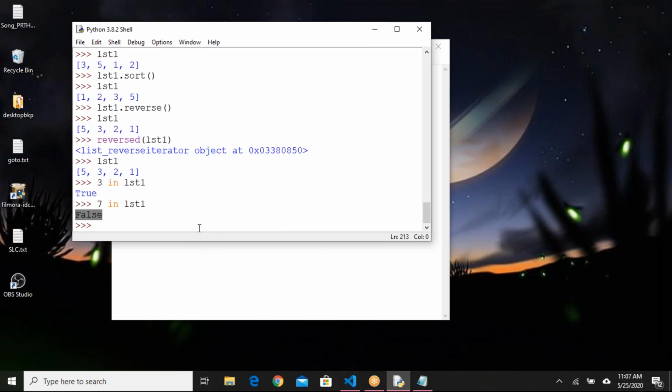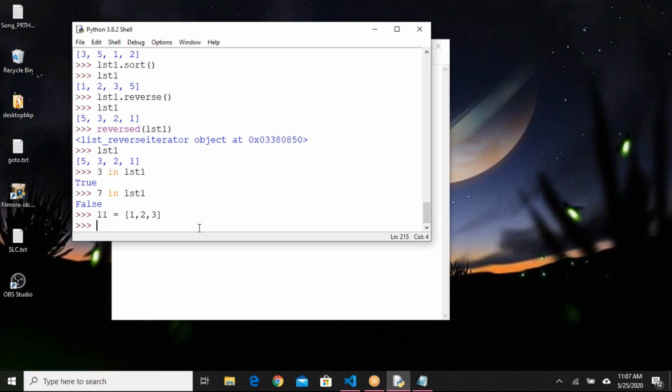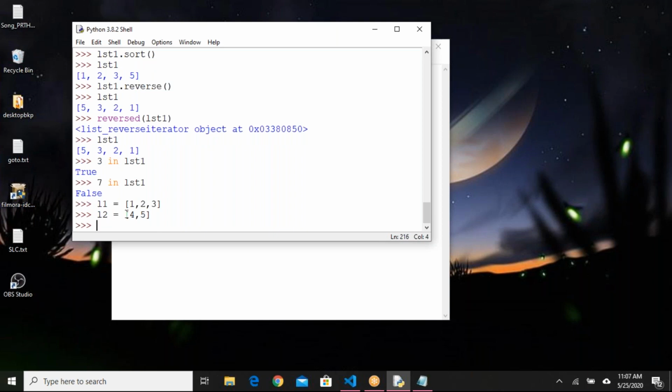Say for example, list1 equals 1, 2, 3, and list2 equals 4, 5. I want to extend list1 by adding the elements 4 and 5. So l1.extend of l2.